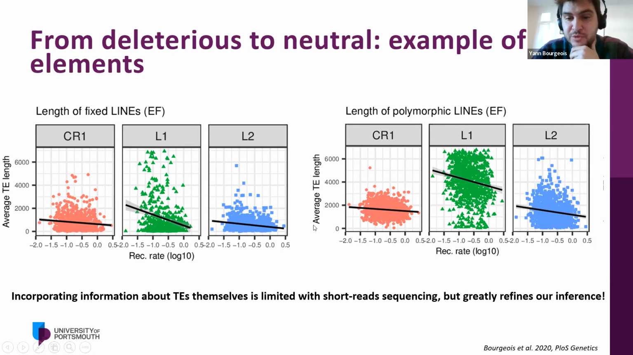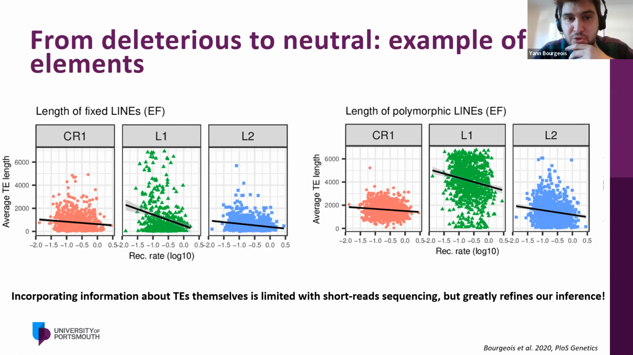And this is something that we observe. So it's interesting to incorporate information about Ts themselves, as I was trying to illustrate with the example from the Bloom and Steele study that I mentioned before. It's limited at the moment with short read sequencing, but the recent advances in long reads might actually help us